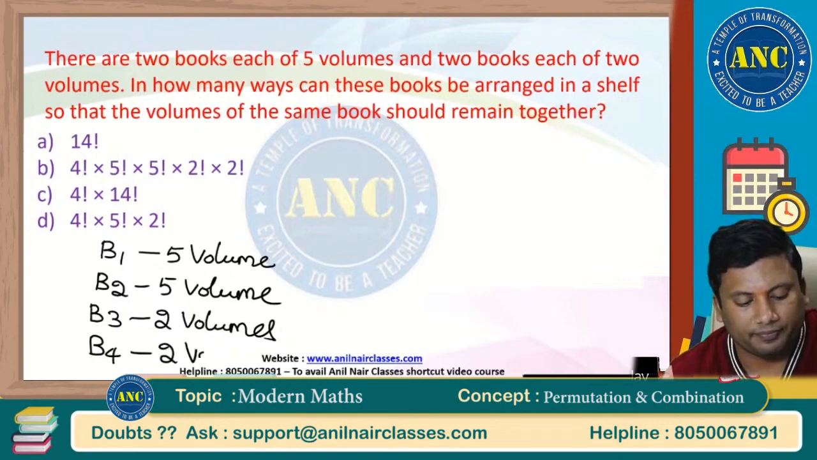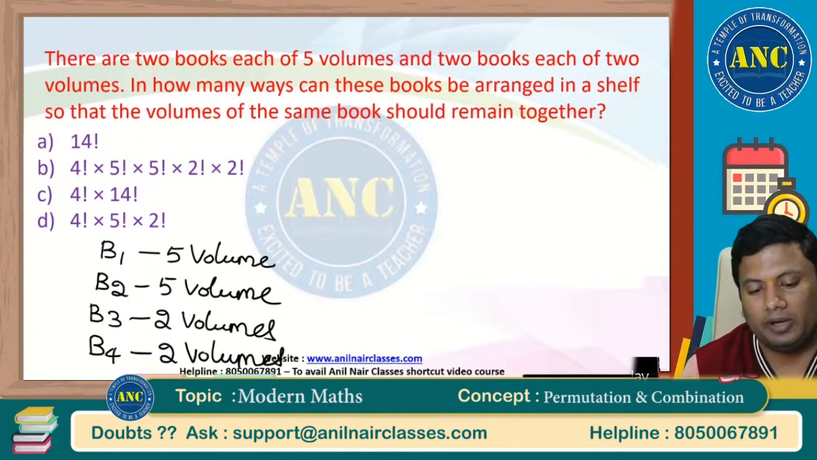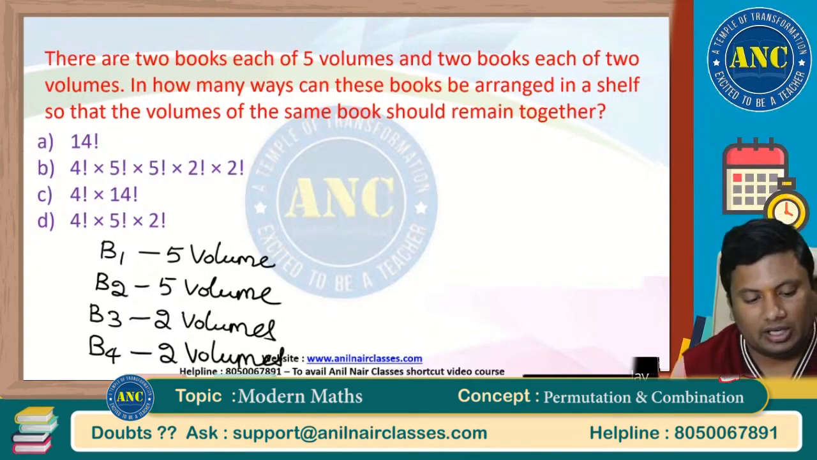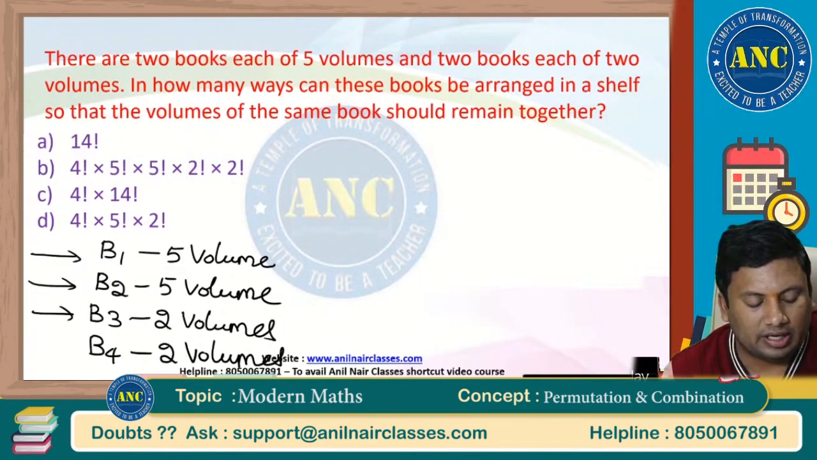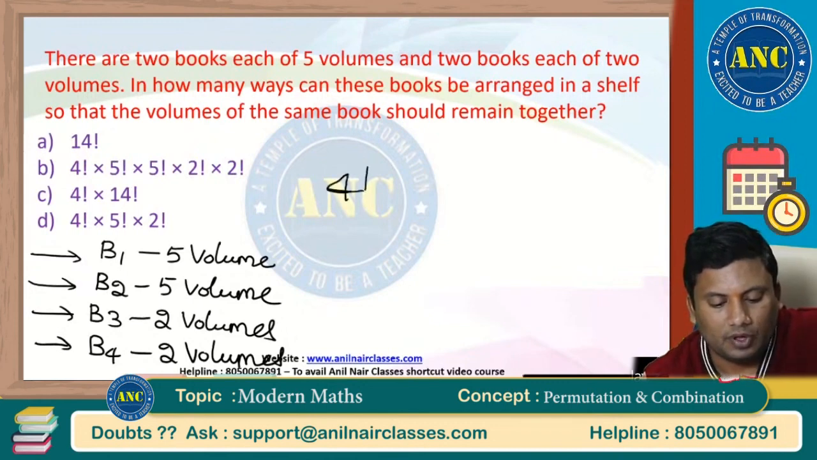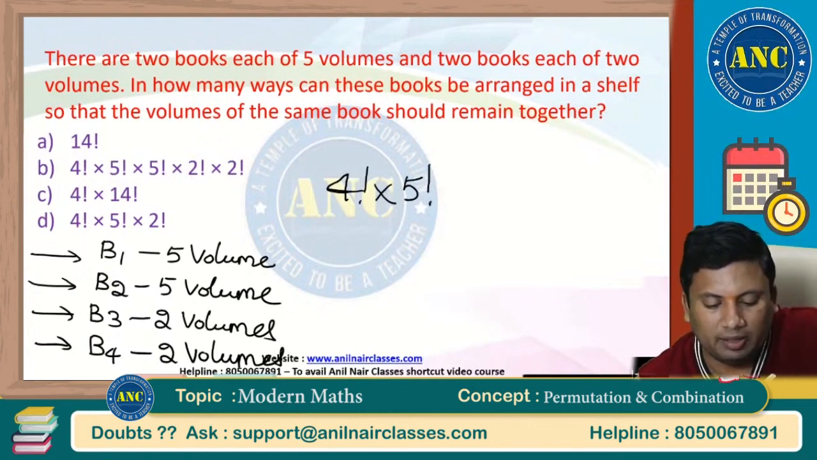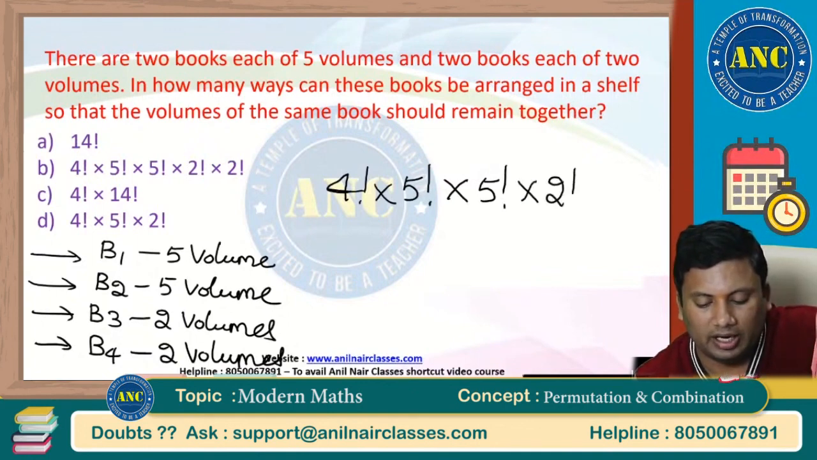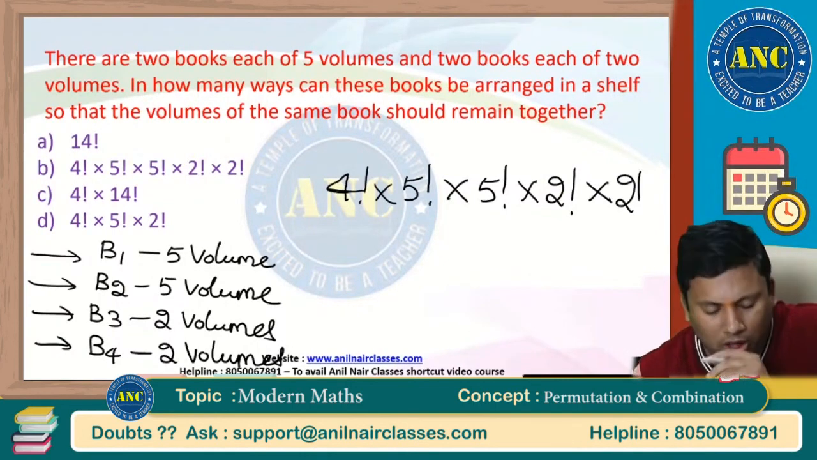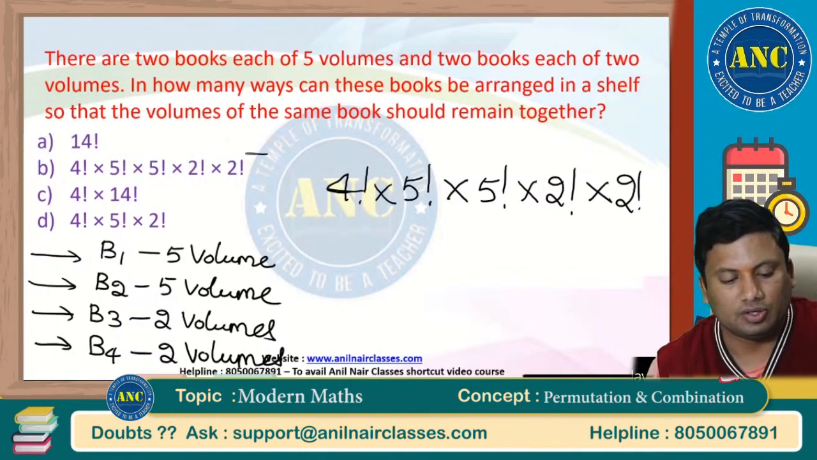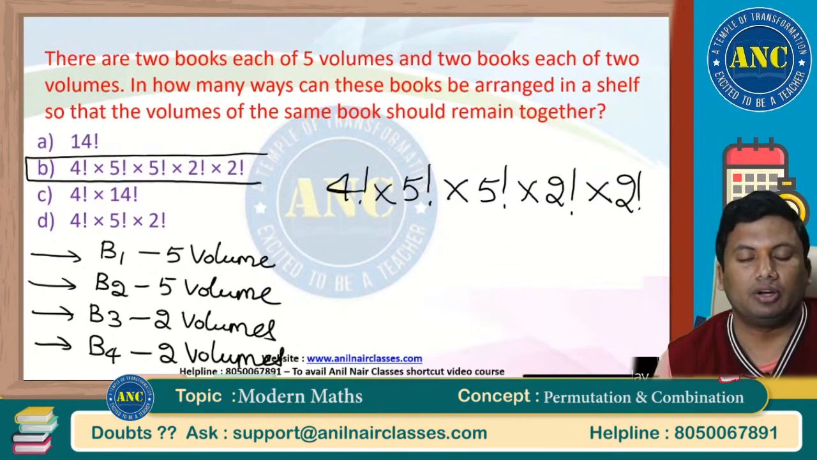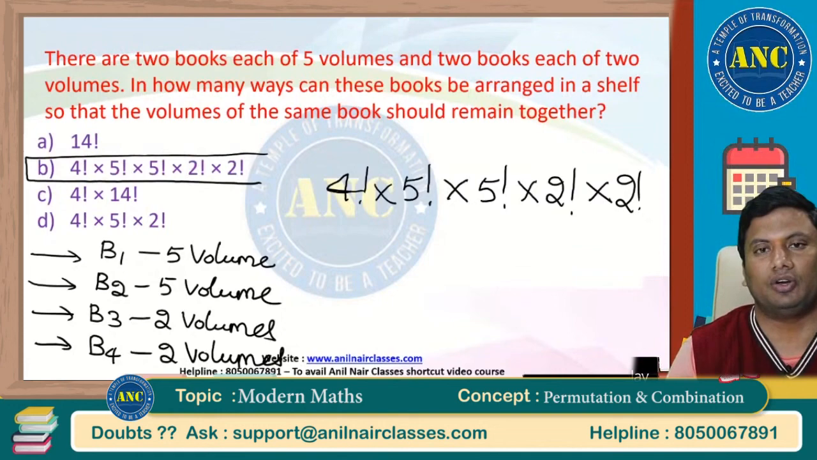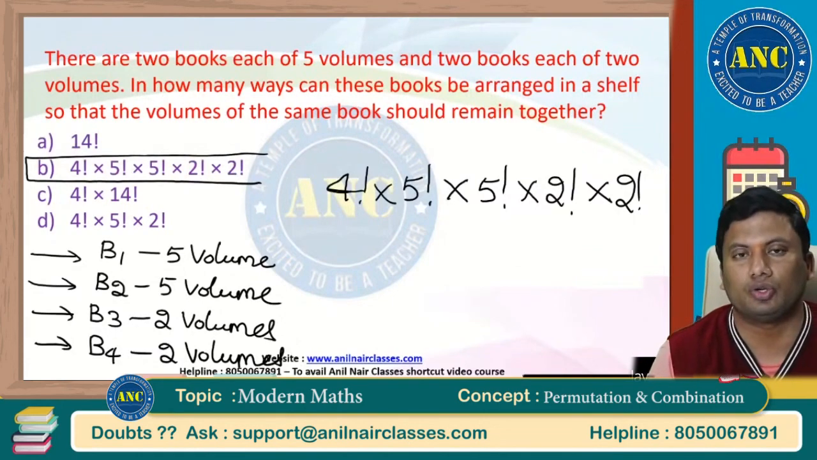Read the question. In how many ways can these books be arranged? These 4 books can be arranged in 4 factorial. The 5 volumes of the first book can be arranged in 5 factorial. Second book, 5 volumes can be arranged in 5 factorial. Third book, 2 volumes can be arranged in 2 factorial. Fourth book, 2 volumes can be arranged in 2 factorial. So answer is 4 factorial into 5 factorial into 5 factorial into 2 factorial into 2 factorial. I hope